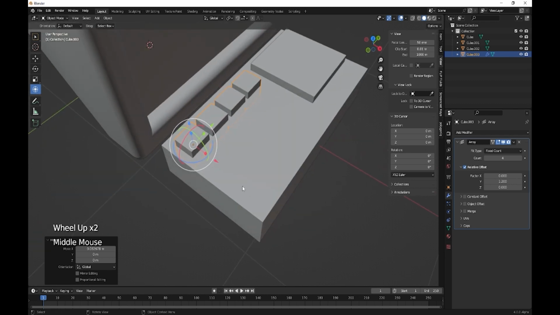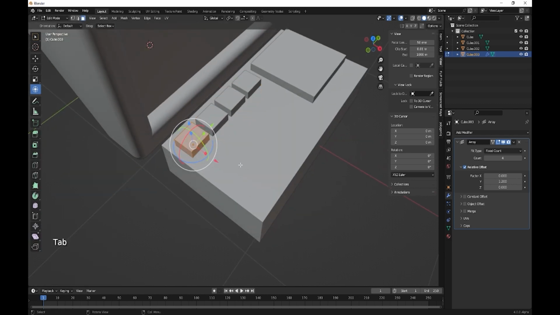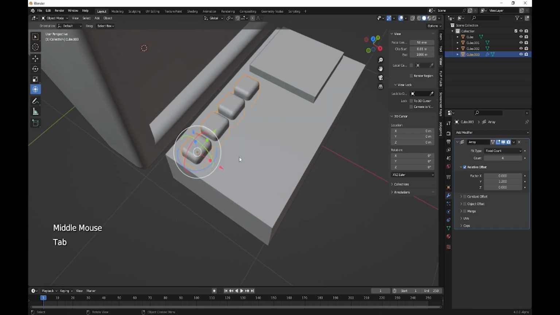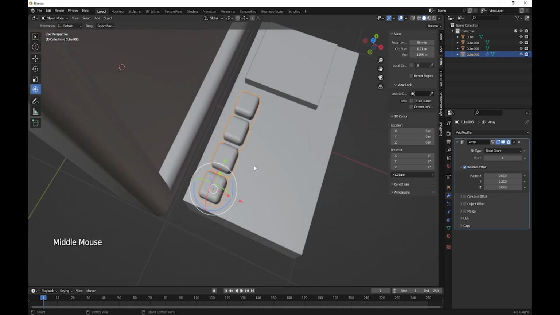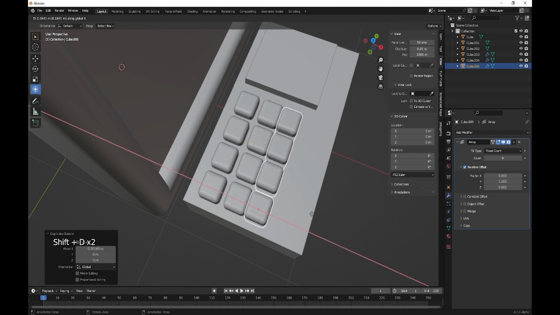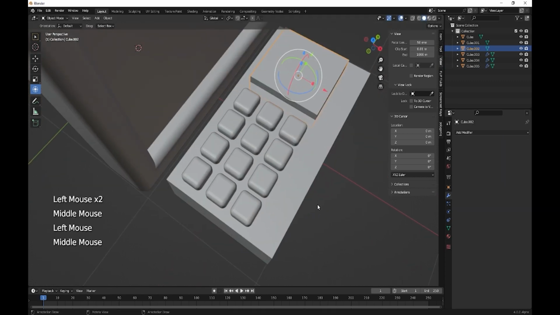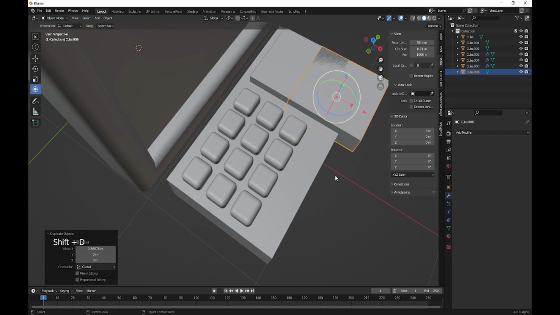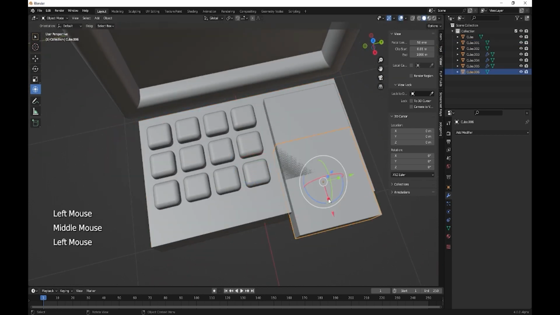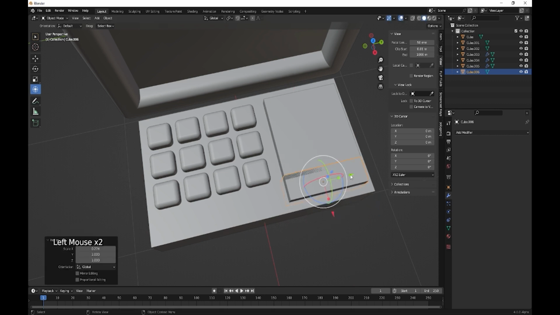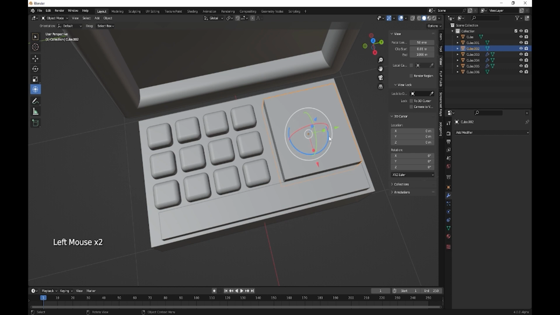And what we can do now is go to edit, Control B, just bevel the edges up like so. It's almost like a kid's computer. I'm just going to Shift D on the X, just bring that down slightly. This one we're going to Shift D on the X. This is going to be the space bar. That's just going to go all the way along the bottom there because we can. It's not real, so